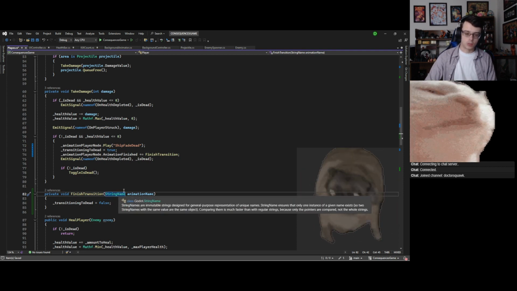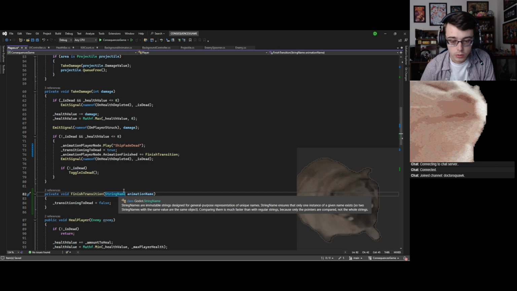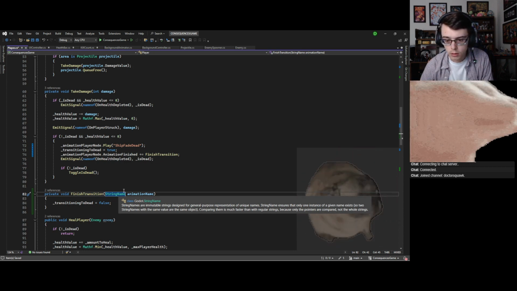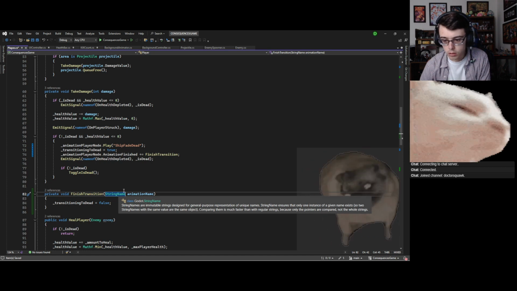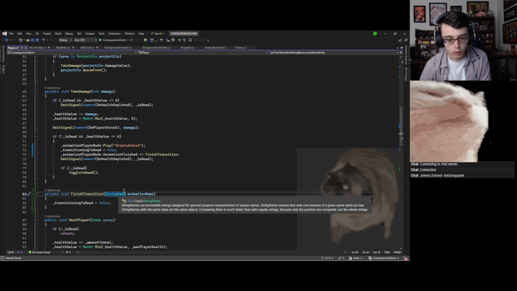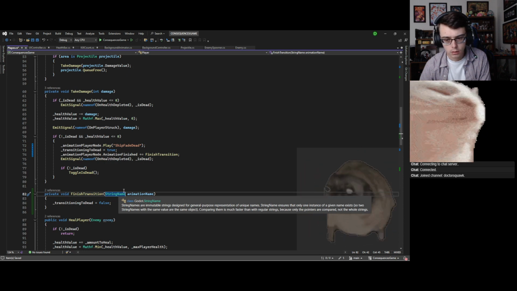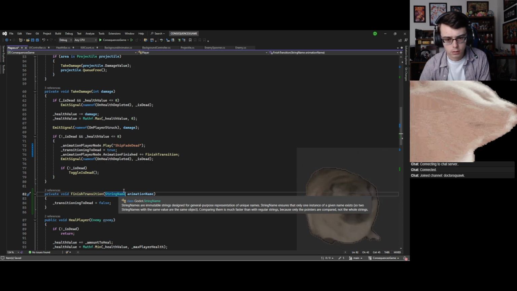What's the difference between string name? String names are immutable strings designed for general purpose representation of unique names. String name ensures that only one instance of a given name exists, so two string names with the same value are the same object. Oh, so it's like static string?